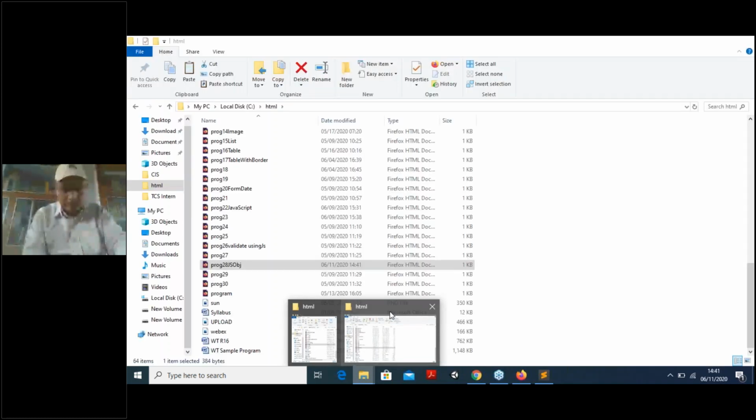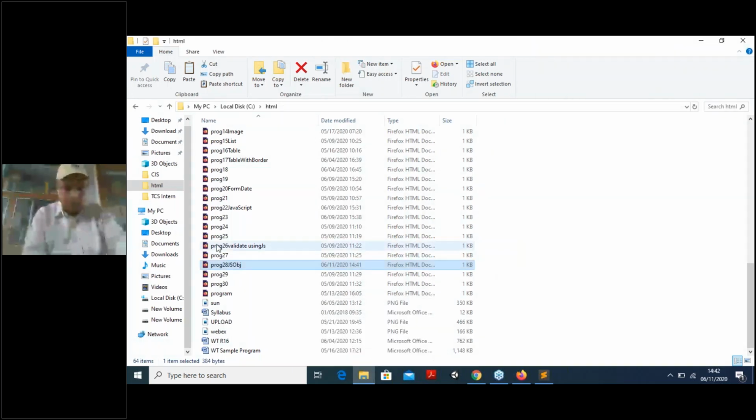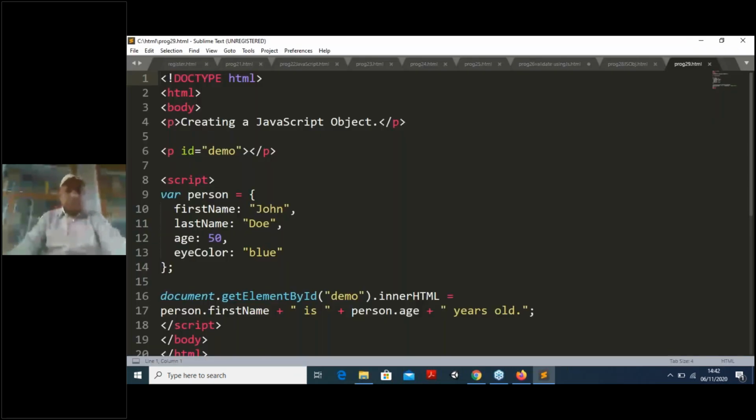So I close this here for later. Okay, so now please come here. Program number 29, see the coding part. Go to open with Sublime Text. Now I see, in a similar fashion, I have created an HTML file. The program 29 name I have given; you can give any name you like.